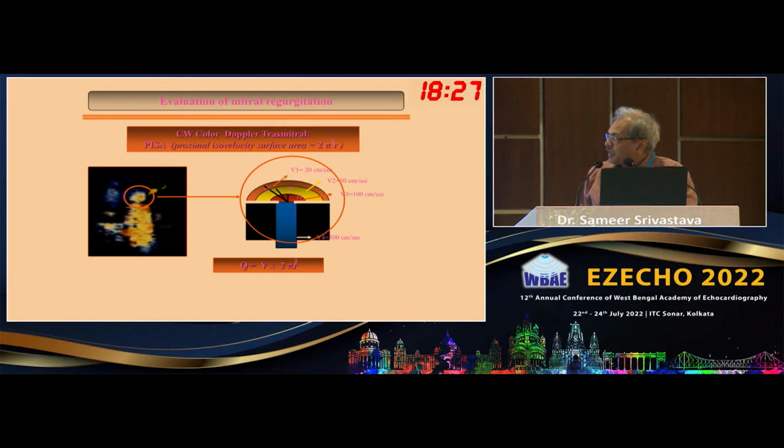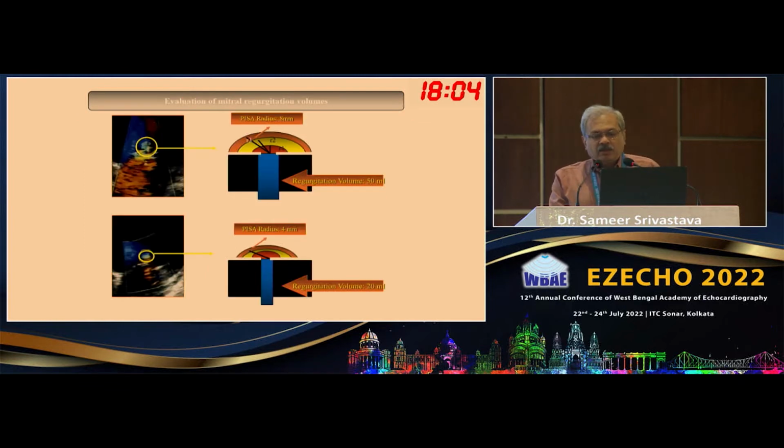So these are three different radii. This is R1, which has a velocity of 100 centimeters. This is R2, which is 50. R3 is V1 with 20 centimeters per second. This is the velocity of mitral regurgitation. You compute it and you get what is there in PISA. PISA should be done, and you can get regurgitant volumes, you can get what is happening and severity